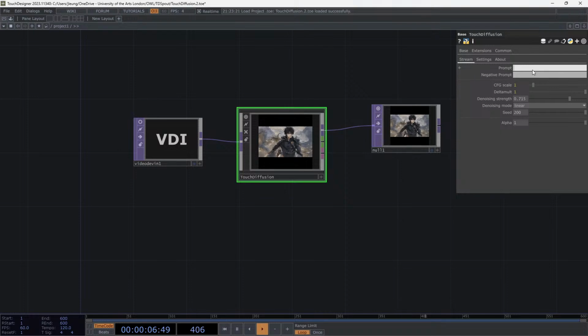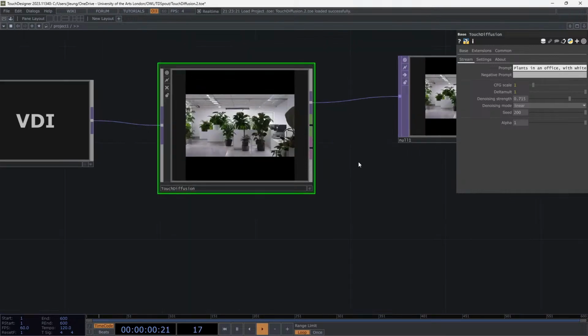Maybe something along the lines of plants in an office with white walls. Whatever, this should be fine. Great, I have exactly what I want. And again,